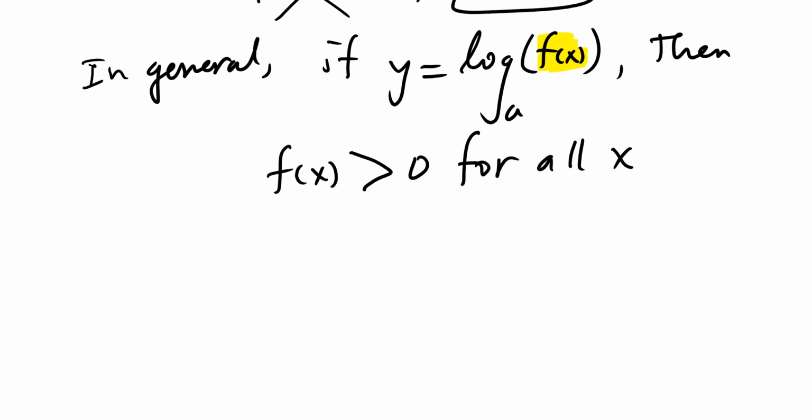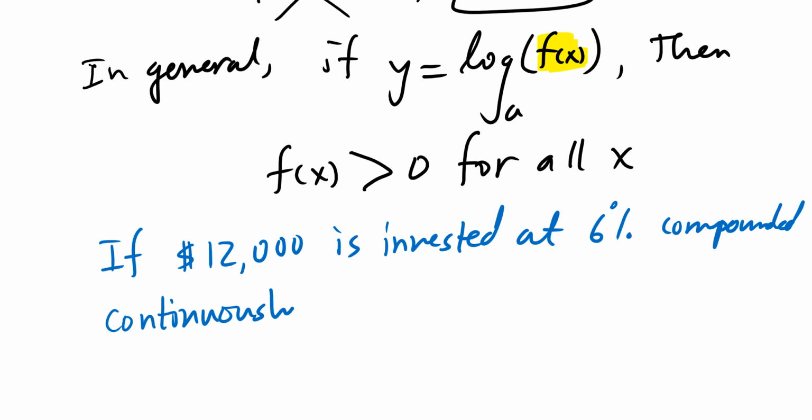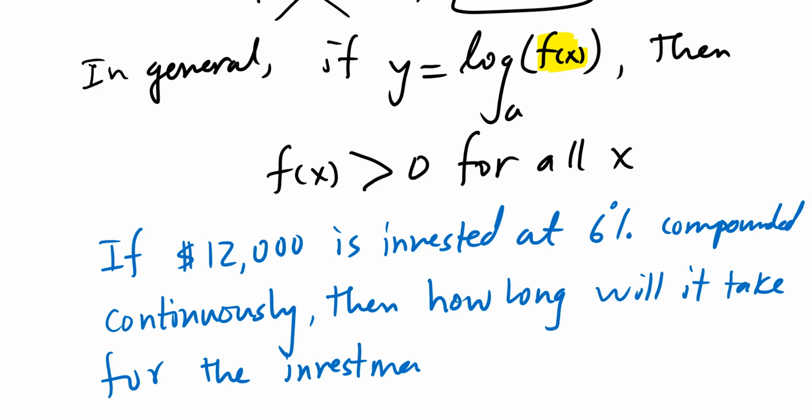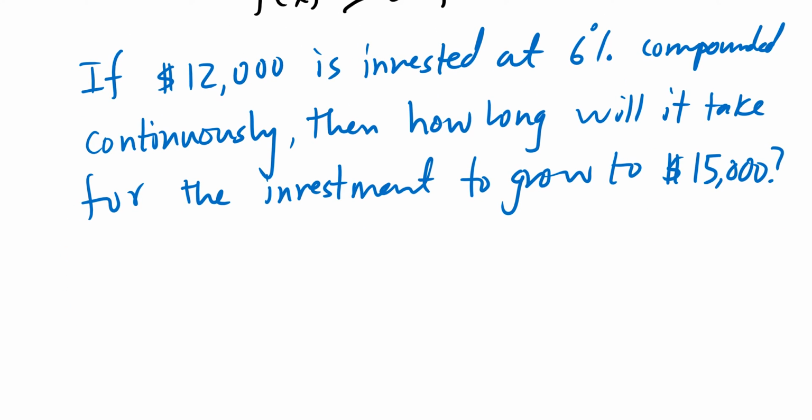Now, how do we apply this as an application? Let's look at this one. If $12,000 is invested at 6% compounded continuously, then how long will it take for the investment, meaning the money, to grow to 15,000? So this is an example that tells us, hey, you don't have to wait and just keep watching how long it's going to take. You can find it right away before you even deposit the money into your account, savings account